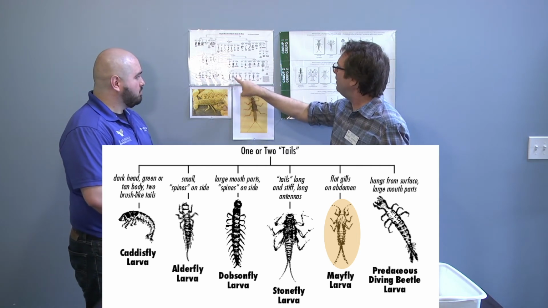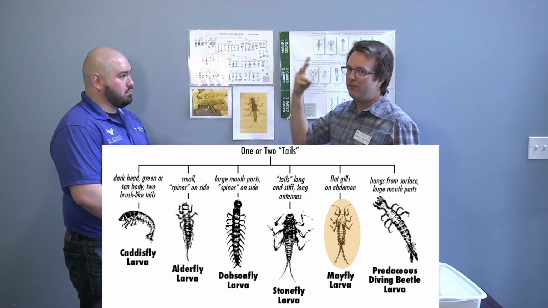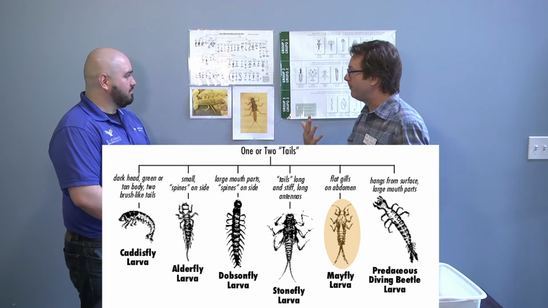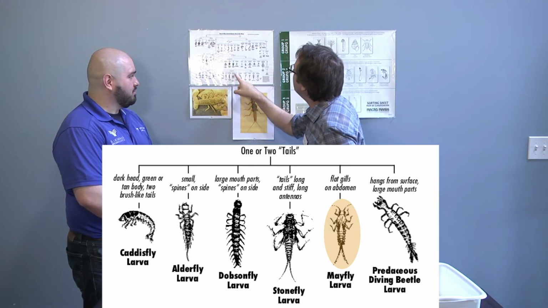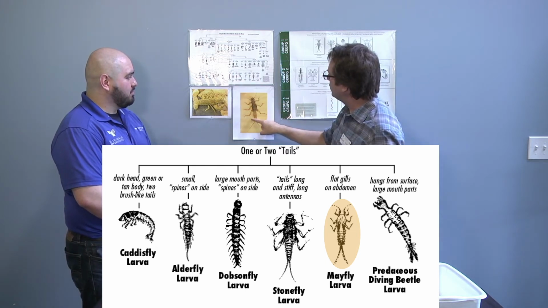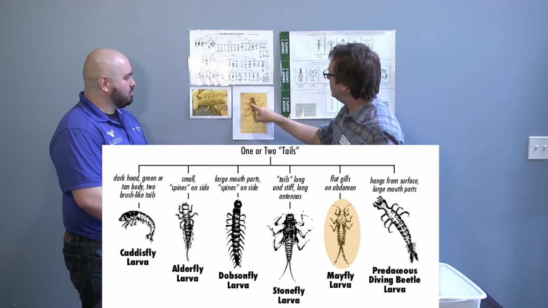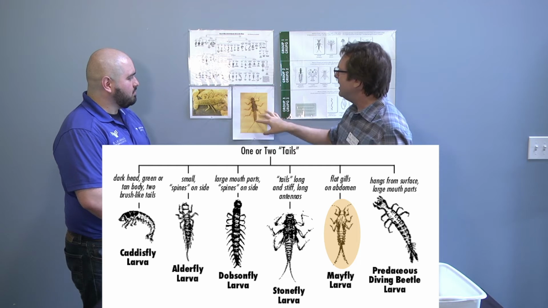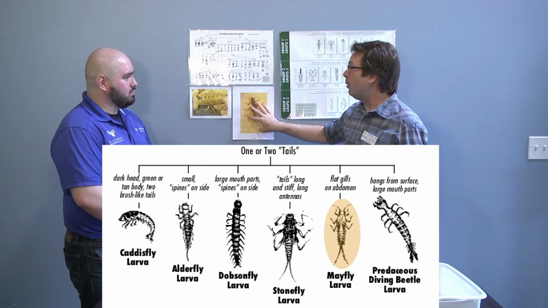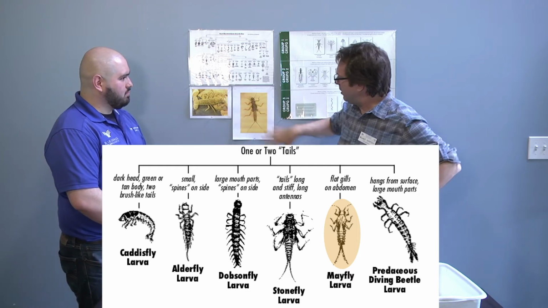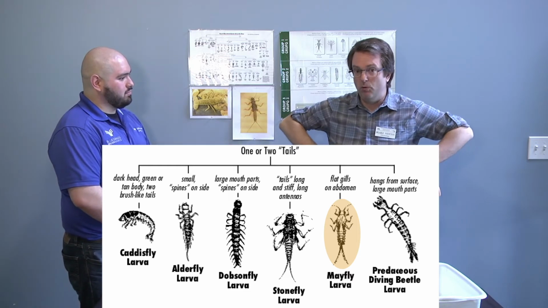But there are a handful of mayfly species that have 2 tails. So initially they will look to you like a stonefly. But the way that we tell the difference is that the mayfly will have gills on their abdomen, and the stonefly will have gills up here near the legs. It's kind of hard to tell that on a picture, but when you see one in real life, it's a little easier to see. In fact, the gills on the mayfly's abdomen will actually be moving around in the